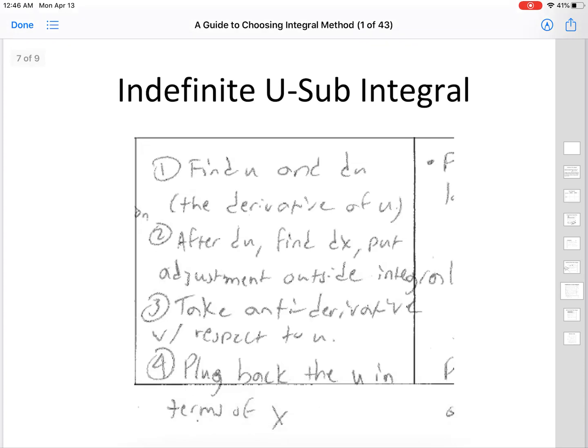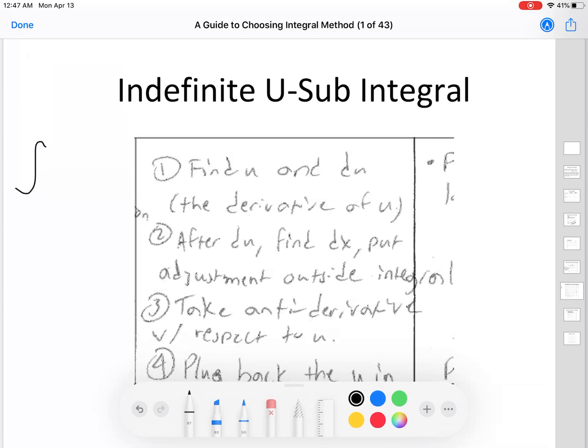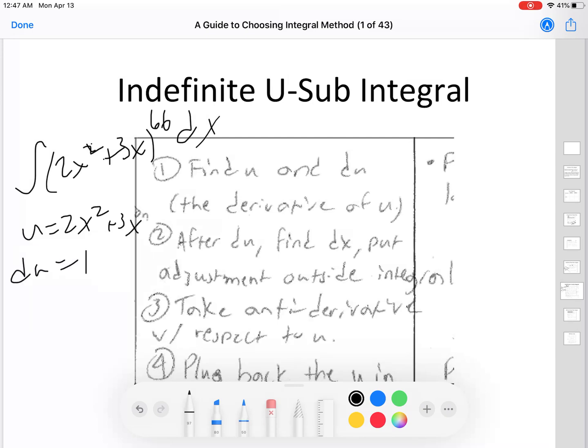Next, we have the indefinite u substitution integral. So this would be, like that example that I wrote, like let's say I had 2x squared plus 3x to the 66th dx. So this is where it pretty much shouts u substitution. So you're always going to be finding the u and then doing the du. Make sure that you're including a